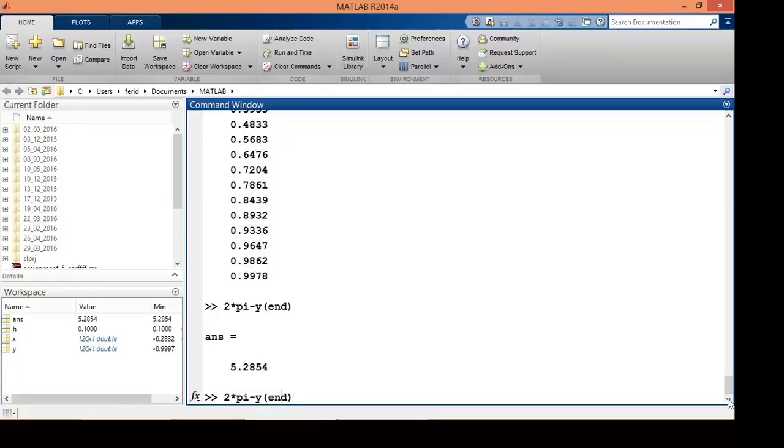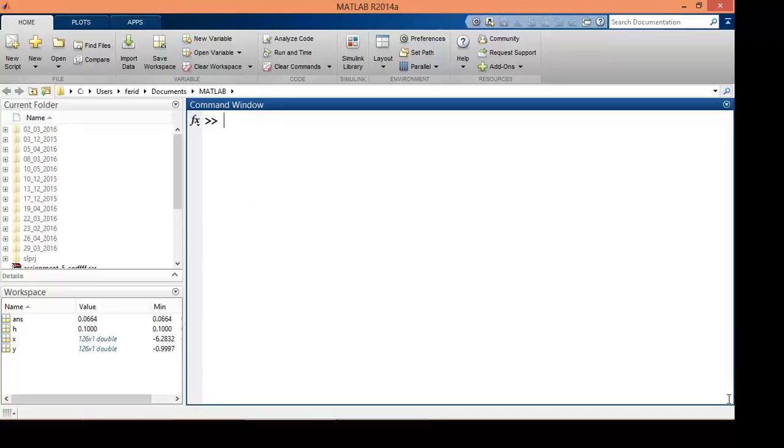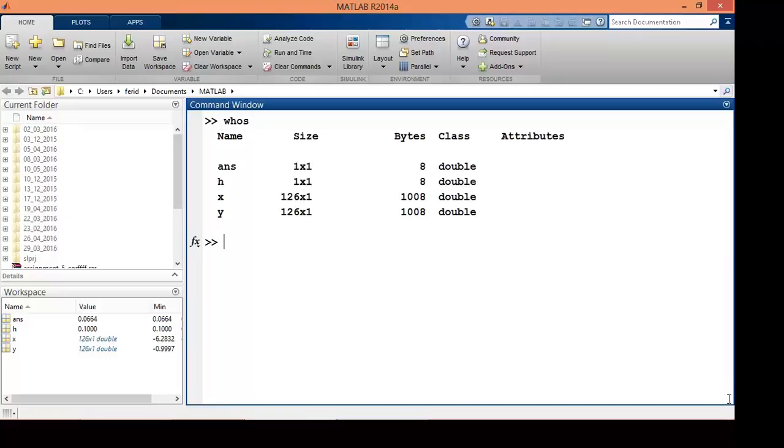Sorry, minus x of end, there's a little difference. It's not equal, the last value of x is not equal to 2 pi because we increment and we didn't get 2 pi. We have seen this before. Now CLC, I will calculate also, so I calculated until now x, y, z is equal to sine x,